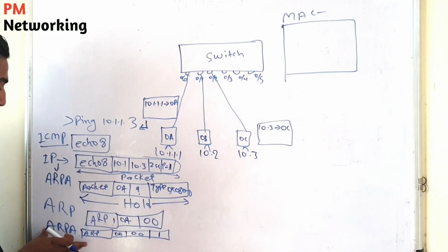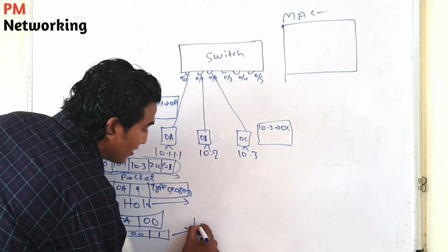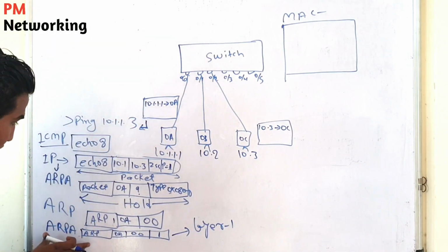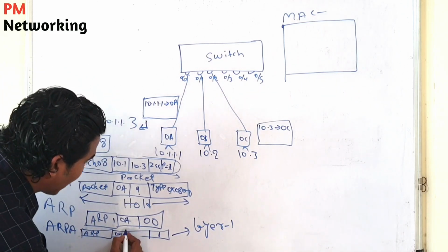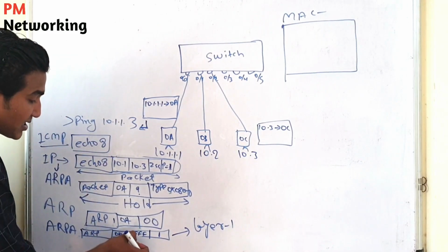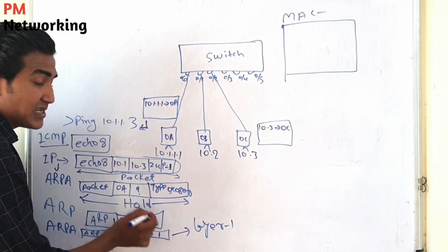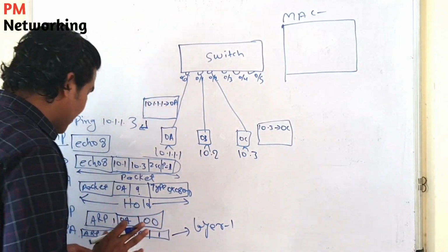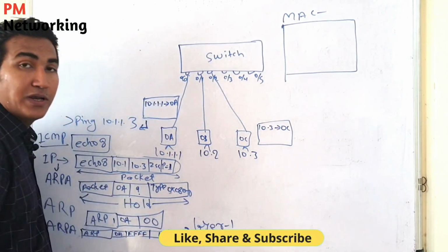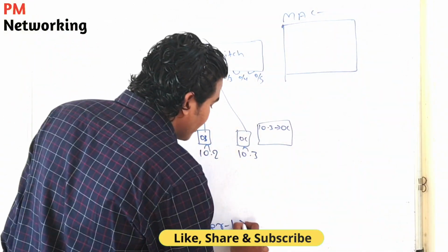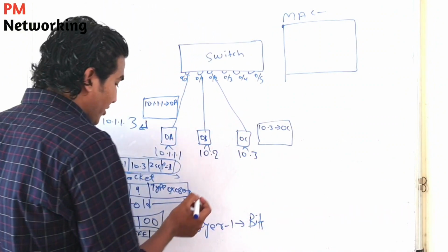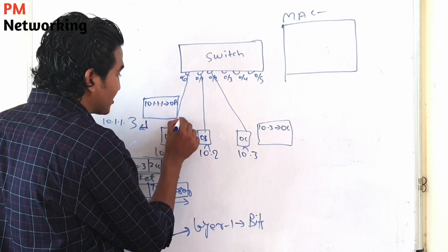Fine. Now ARP protocol will hand over this to layer 1, right? Layer 1. Okay, no, sorry. Destination MAC address will be all F. Destination MAC address will be broadcast. Here, in the Ethernet header, destination MAC will be all F, and in the ARP request, destination MAC will be 0000, right? So now ARP protocol will hand over this information to layer 1. Now layer 1 will convert this frame into bits, and forward it out from this interface, right?